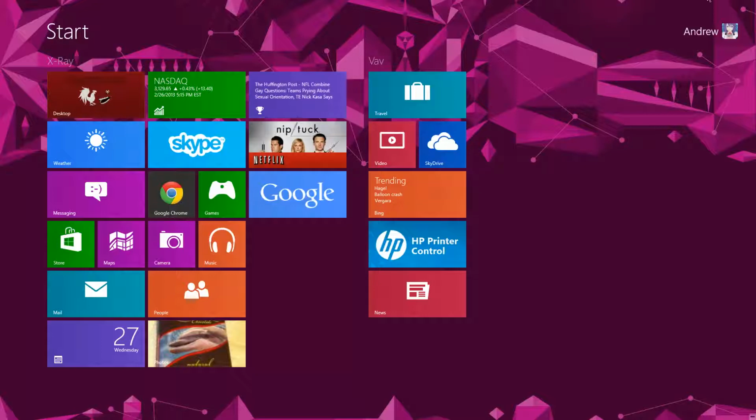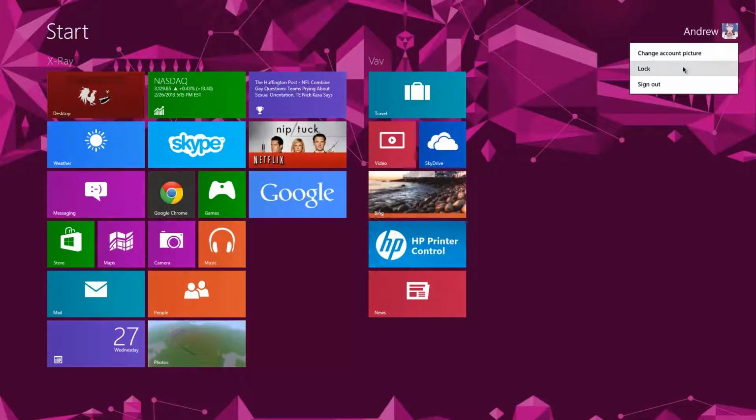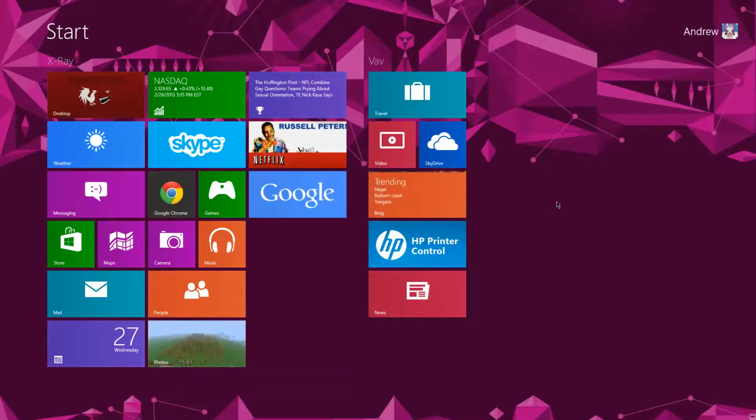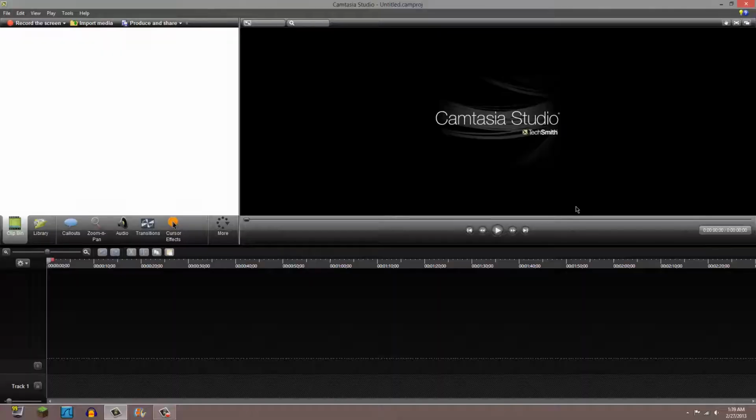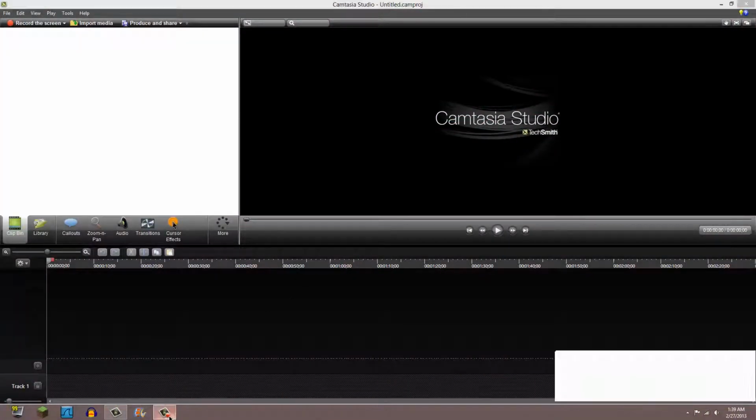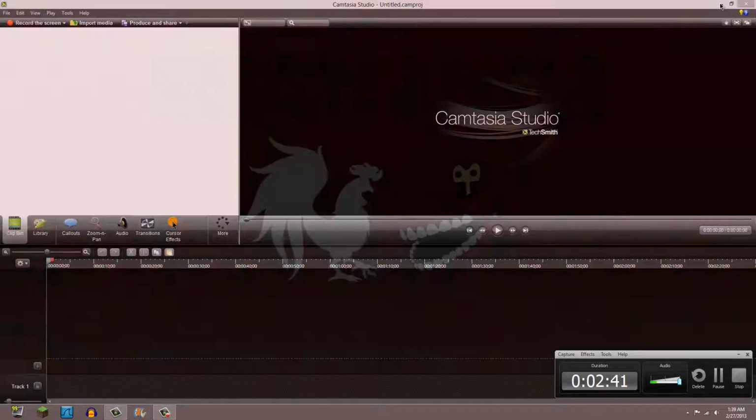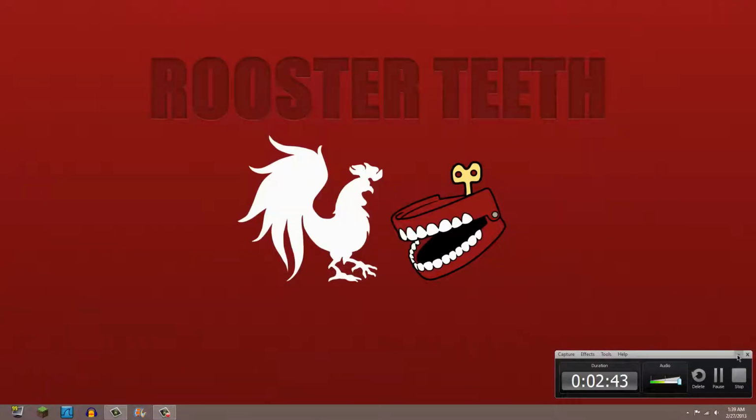But anyway, so you see up on the top, I have my name, and if I click on that, it has some settings. I can change my account picture, lock, or sign out. I don't want to do any of those things right now. But this is my start menu, so this will come up anywhere. If I press the Windows key, it will come up anywhere. So basically, let me close this down right now. But basically,